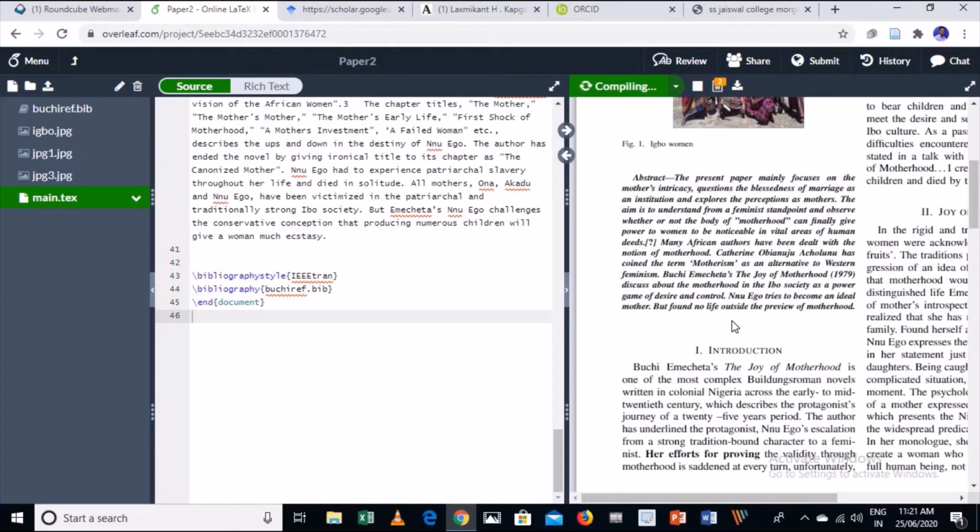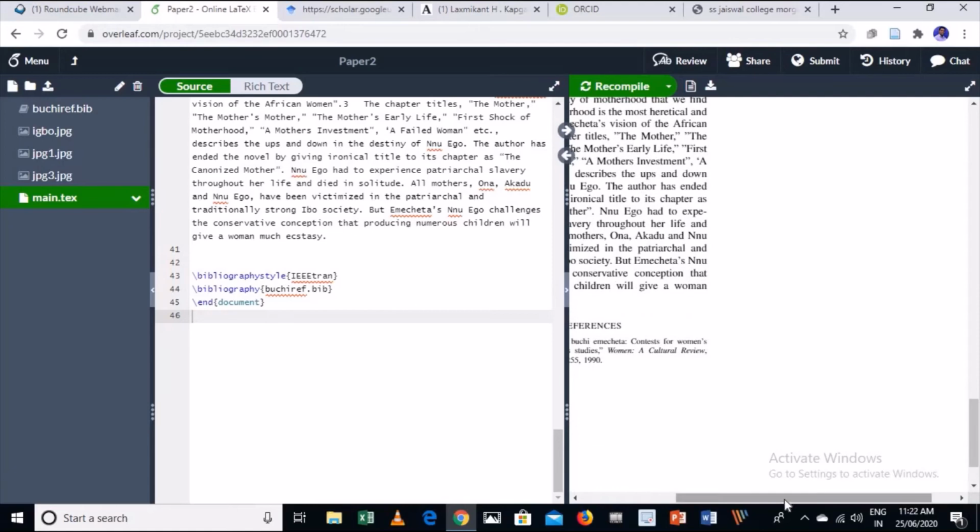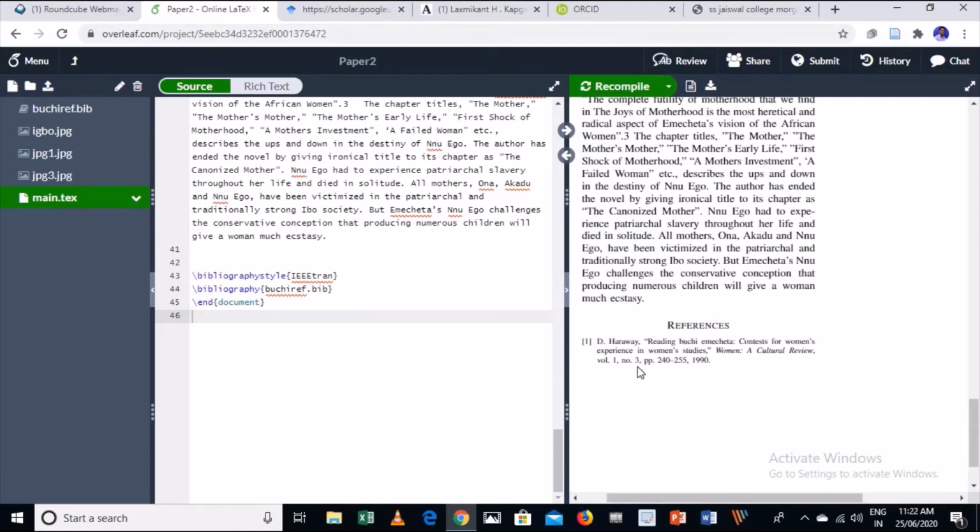Now you will see another thing has happened. The question mark is replaced with 1, meaning citation number 1 is automatically added in this paper. Here you can see the references: the article which I have cited in the abstract is this reference.